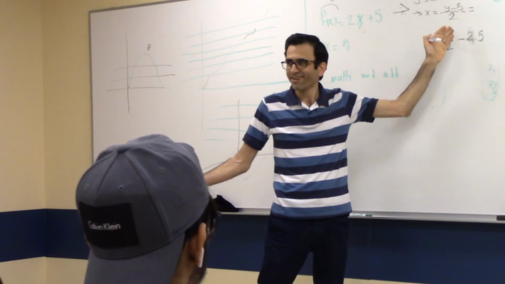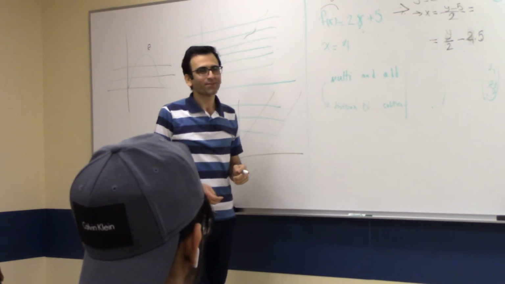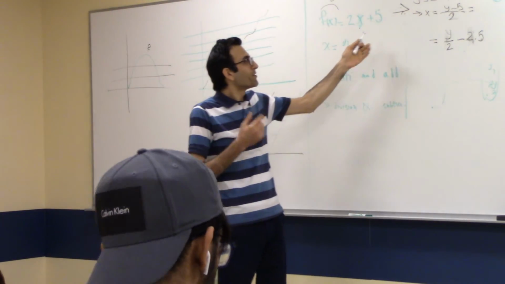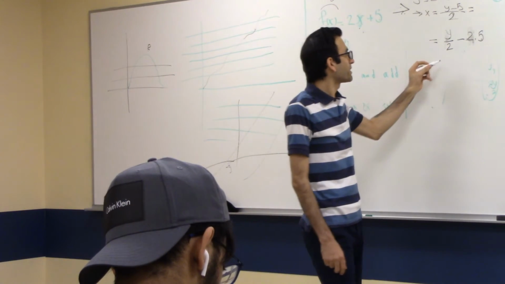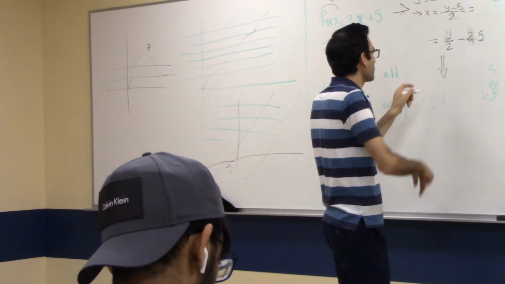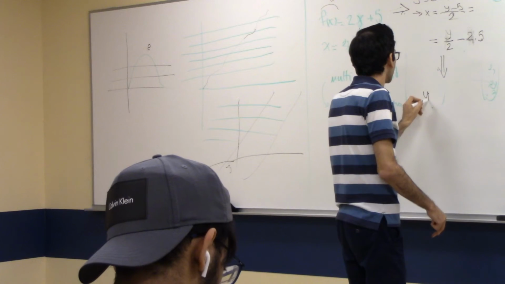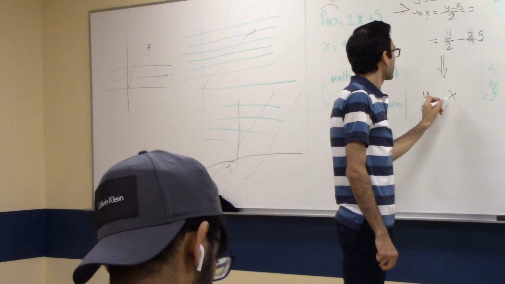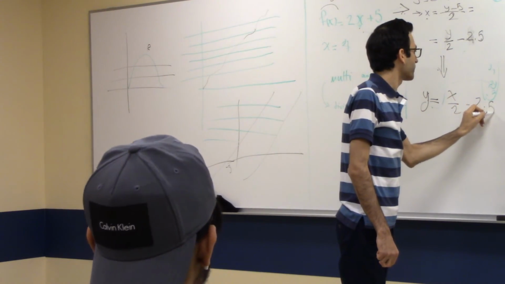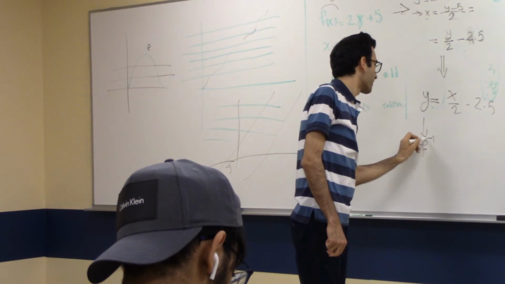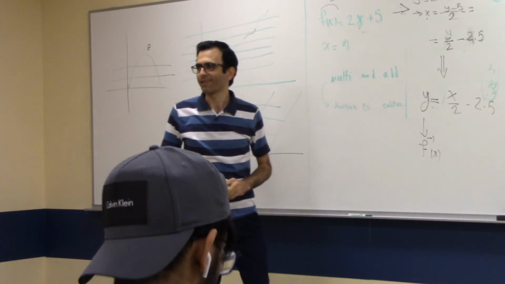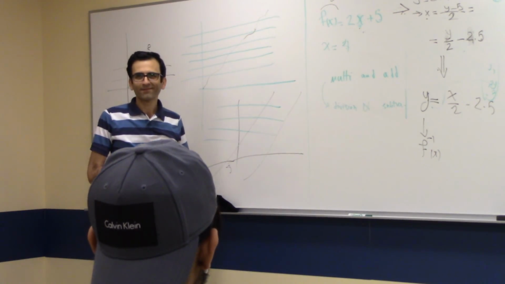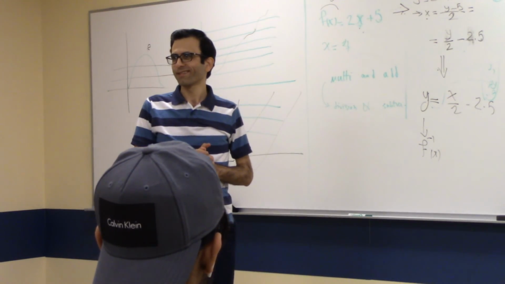It's very interesting. So that's the definition of the inverse function, and we know how to calculate it, and then we just change the names of x and y. So we can say that y equals x over 2 minus 2.5. This function is the inverse function of the original function. That's it. So if you have any questions about that,